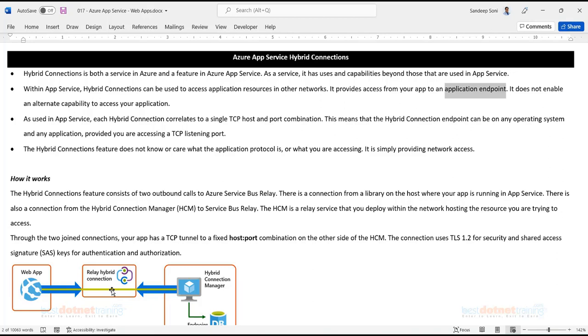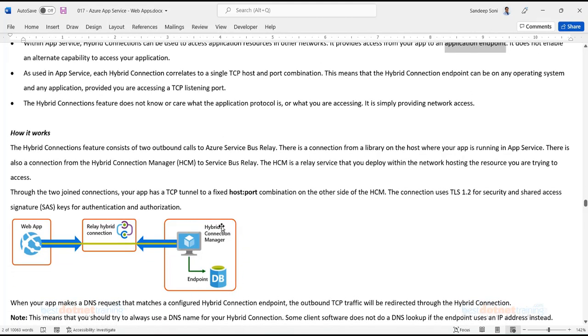And Azure Service Bus's speciality is it can connect two applications running in two independent networks. So let's say the web application will connect to this hybrid connection, and also I will have on my machine one software called Hybrid Connection Manager that will also provide connectivity to the hybrid connection.